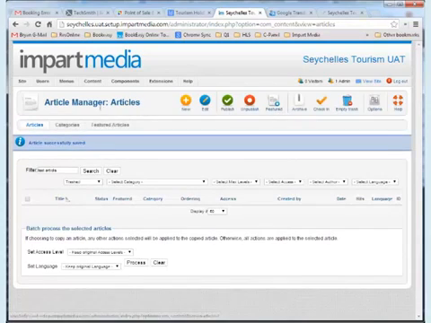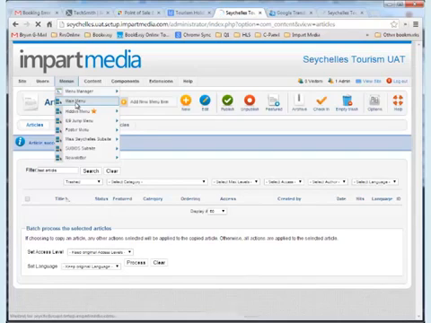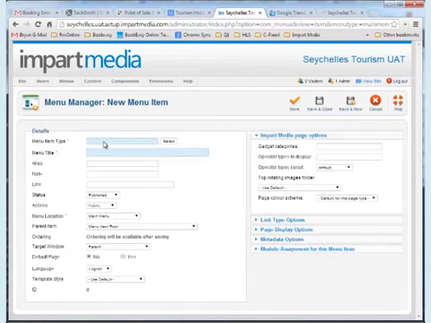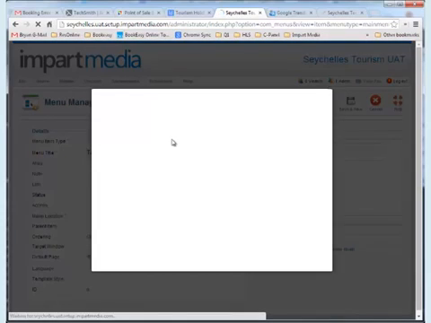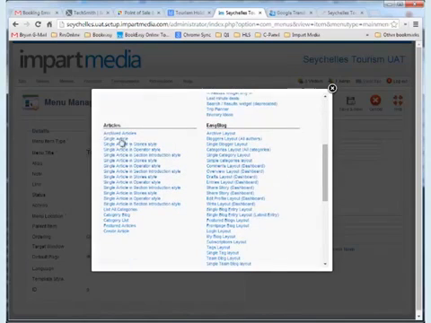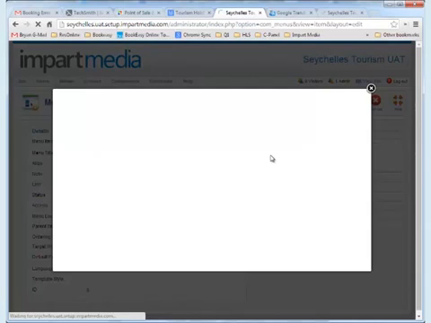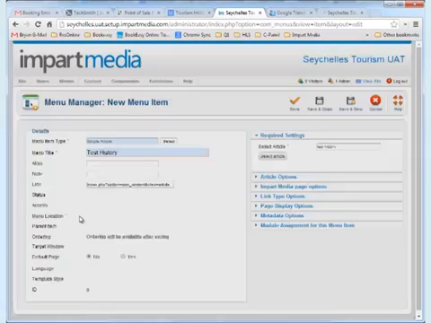and we'll close. So now we go into the menu structure, and we'll create a new menu item, and we'll call this menu item Test History, and we'll select the type of menu item that we're going to create, which will be an article. So we'll scroll down here and we'll create a single article, and then we'll find the test history article and